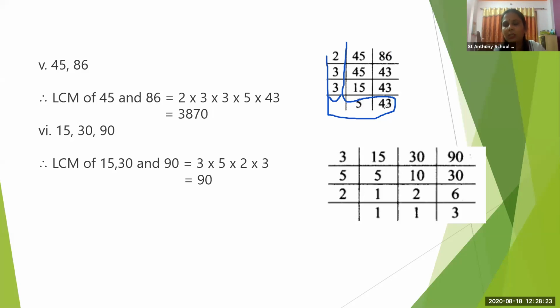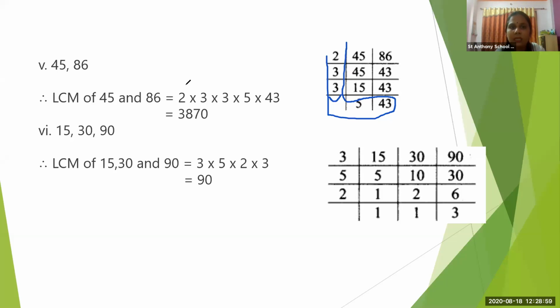This is another method to find HCF and LCM. So in LCM, we will see only this method. Okay. So 2 into 3 into 3 into 5 into 43. All right. And if we want to find HCF, then we'll do 2 into 3 into 3 only. But the better way is to do it separately. Do the number factorization separately, because there will be no doubt, no confusion, and no mistake will happen. So this will be our LCM.